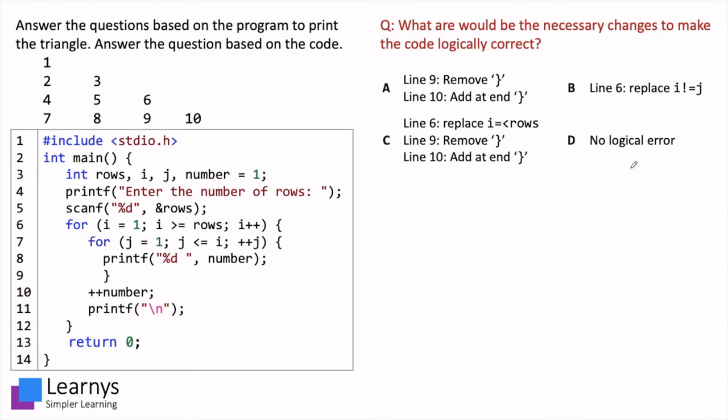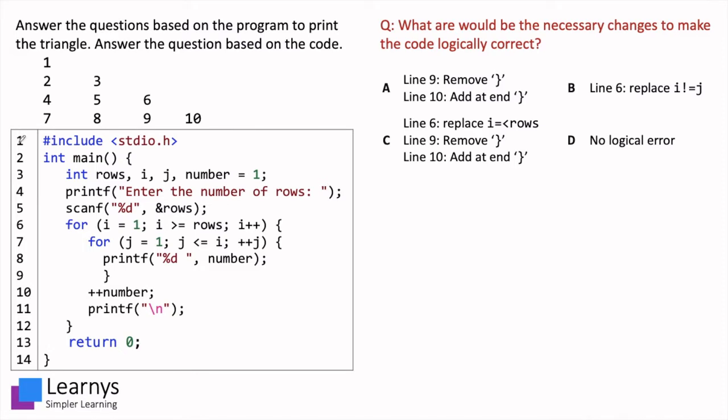In the first question, we are given a code block of 14 lines where the aim is to print out a particular triangle. We'll be given a number of rows. In this case, the number of rows for the sample output would be 4. You have probably noticed this now, that whenever we are solving questions where we have to find errors, we are looking through the code line by line and doing a dry run. So let's do that right now.